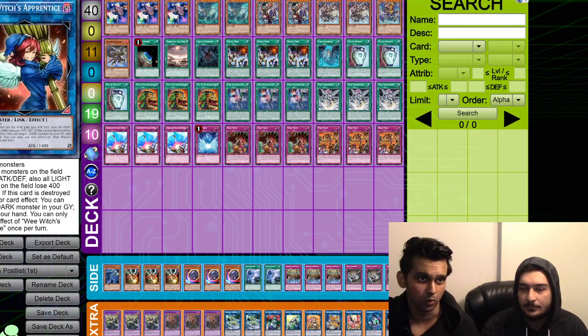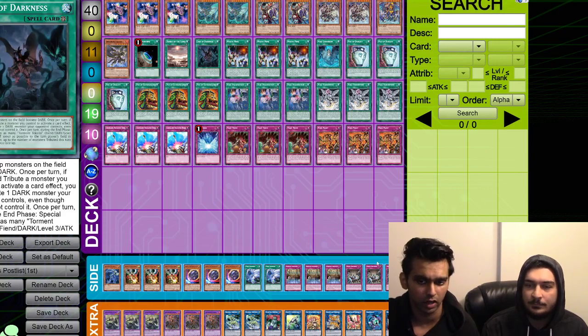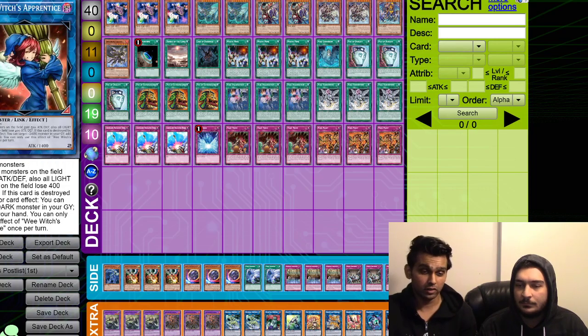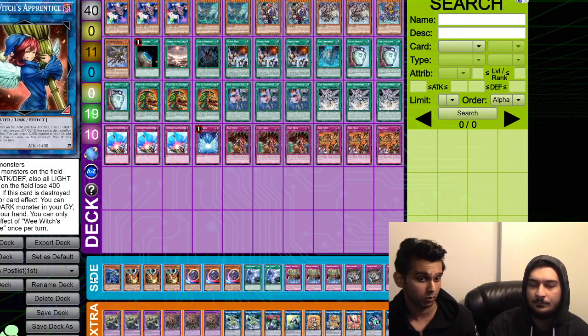And then we, which is Apprentice, I think it's only here because of the Lair of Darkness, making everything dark. Lair of Darkness does make everything dark, so yeah, it's there. And then the last thing we want to talk about, the side deck. But before we go into the side deck, which is always changing, I want to talk about what you think is the best deck right now, because we'll be making our side